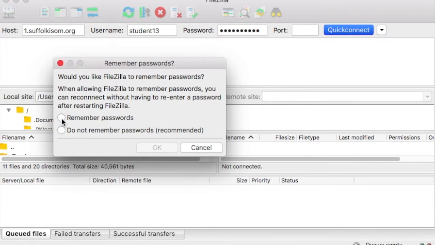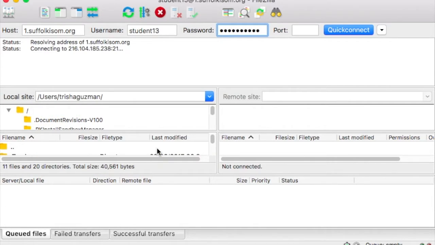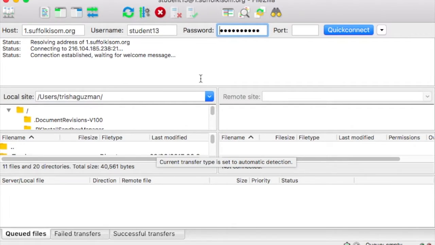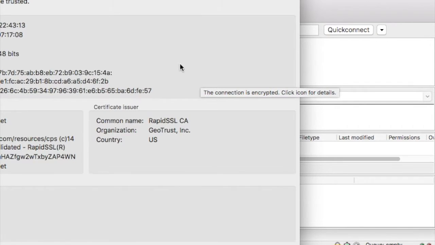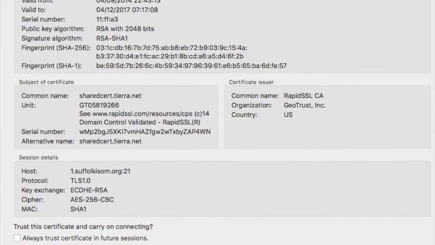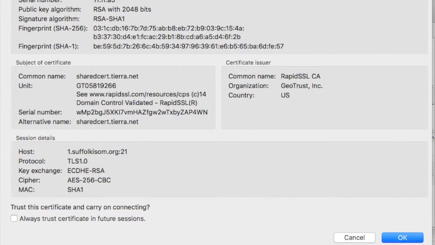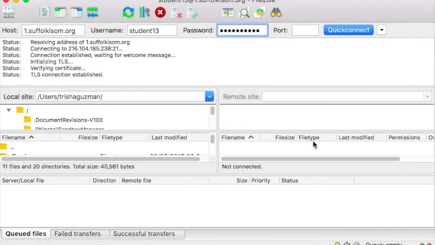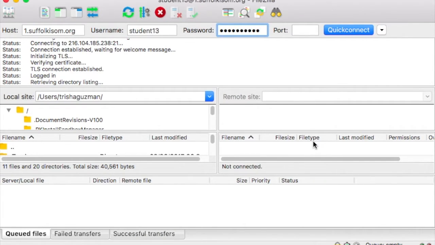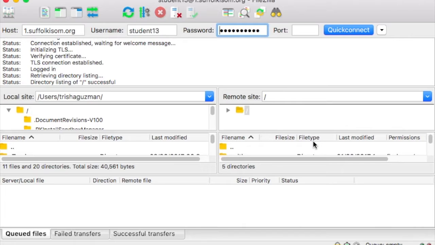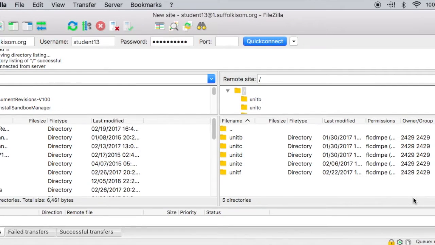And if you're very forgetful, just check remember passwords. And now we are connecting to 1.suffolkisom.org. And I clicked OK. We are now connected to the host